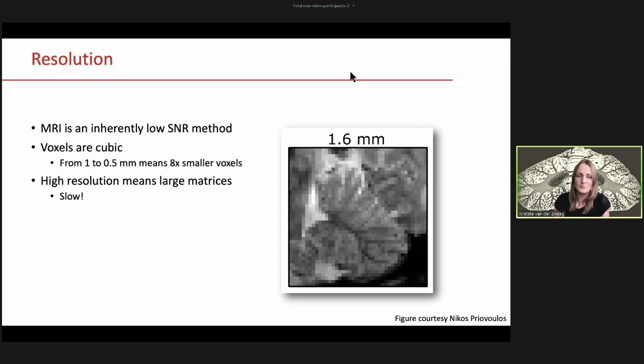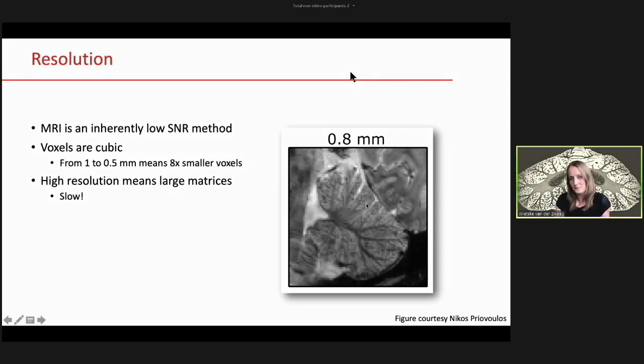of voxel volume. Now, if we're comparing this 1.6 millimeter image where there's a lot of signal with very little definition, you can't even really see that there is a cerebellum in there, to one that's taken at 0.8 millimeter, and we see a sharpening, we see more details, we can see some of the white matter bundles stretching here throughout. It's sort of becoming a tree-like shape as we know it, but we certainly cannot segment the gray from